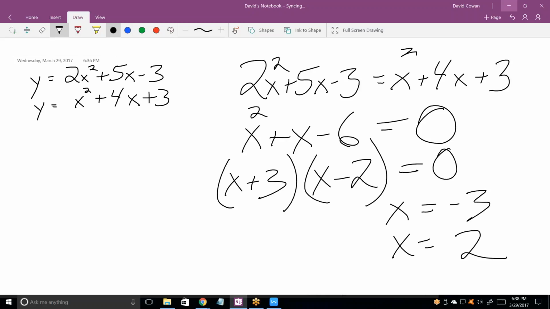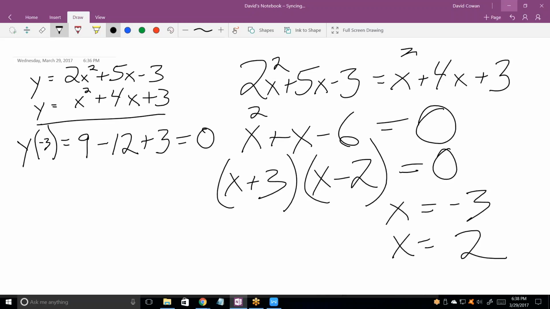So we need to go back up into either of these equations, that's the shortest one, and plug in 2 for x and also plug in minus 3 for x. Let's start with the minus 3. In other words, what is y when x is minus 3? Well, it's 9 minus 12 plus 3, 0. So the y that goes with the minus 3 is 0, and the y that goes with the 2,